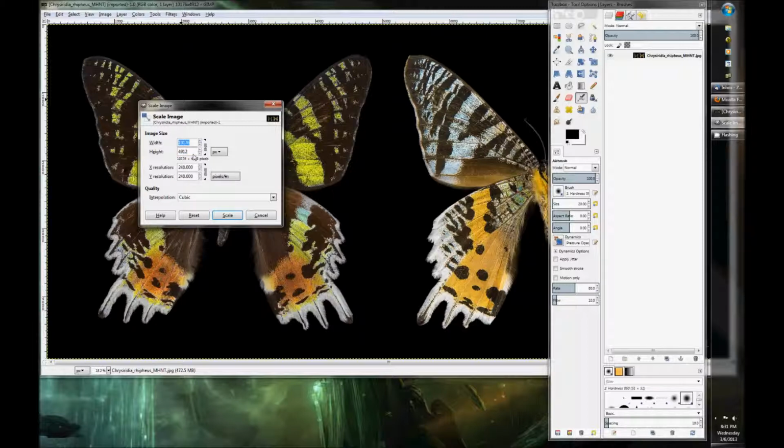Some standard values are 800 by 600 or any proportion of that, but this image might not be a proportion of those. So just lower it to something you think is reasonable, say 800 wide, and we can see that that will result in an image that's 800 pixels wide and 386 high. And that's probably reasonable. So we can go ahead and hit scale,